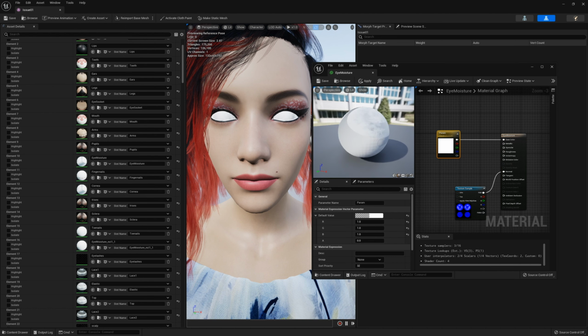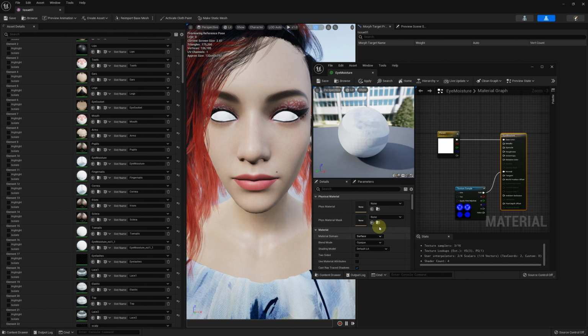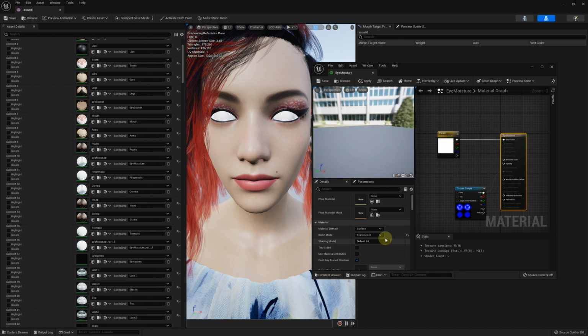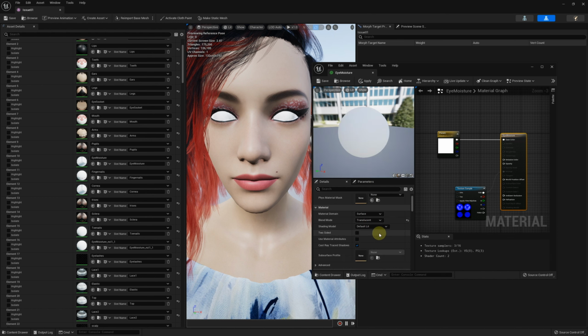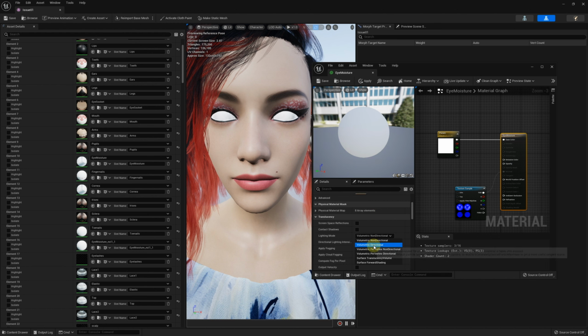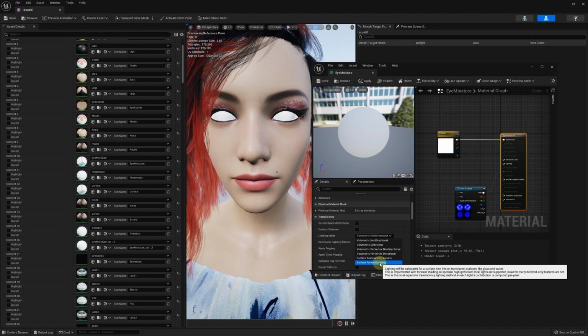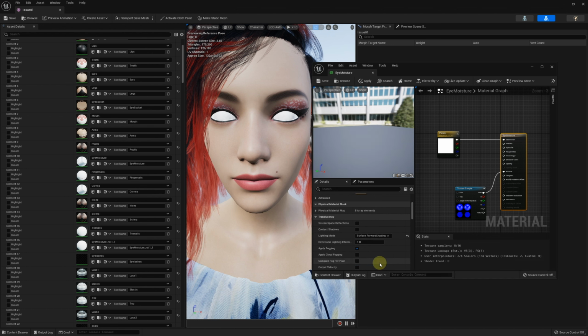First, let's change the material information. Select the material and switch to the left panel. Change Blend Mode to Translucent. Change Lighting Mode to Surface Forward Shading.